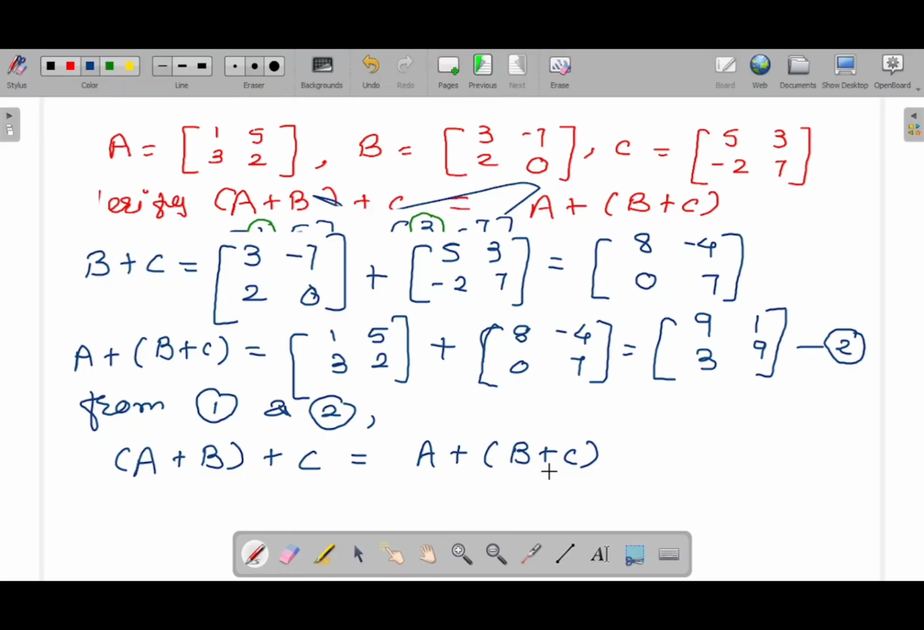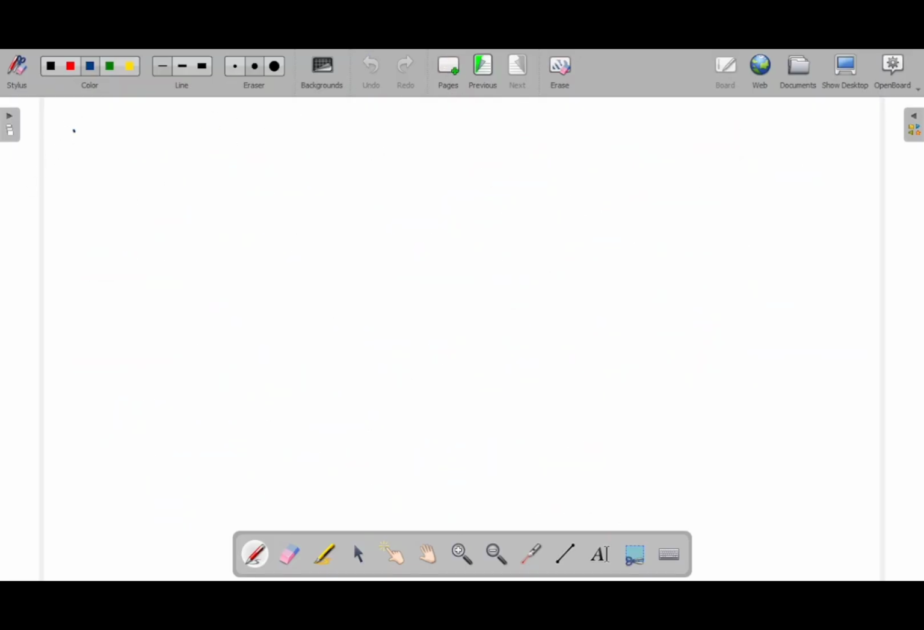Now you should also know that this property is called associative property. You have learned in your 5th standard that this is called associative property. Definitely you have done it with numbers, but here it is with matrices. So instead of giving you this result, there can be a question that says verify associative property